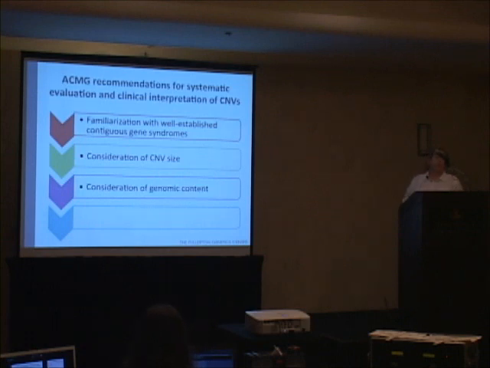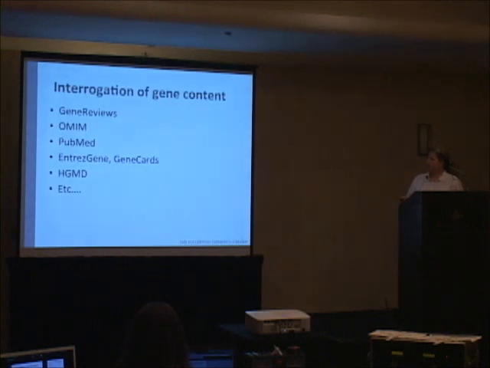Consideration of the genomic content of the CNV is by and large the largest and most important element of the interpretation. This can be done with a variety of resources. I've only listed a couple. If this gene or region is present in GeneReviews, count yourself lucky, because it's undergone a really nice clinical synopsis, and you usually have really good resources and genetic counseling notes to aid in writing that report and communicating to the family. Often that's not the case.